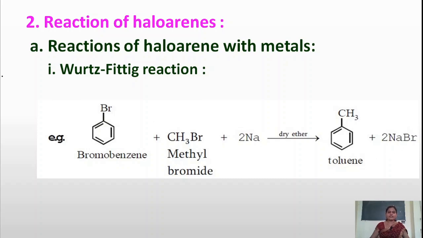So this Wurtz-Fittig reaction is similar to the Wurtz reaction, but in this case the aryl halide reacts with alkyl halide in the presence of sodium and dry ether to form the corresponding product. The phenyl ring and methyl get attached to form toluene, and the byproduct of the reaction is sodium bromide. So this is about the Wurtz-Fittig reaction. The next reaction is